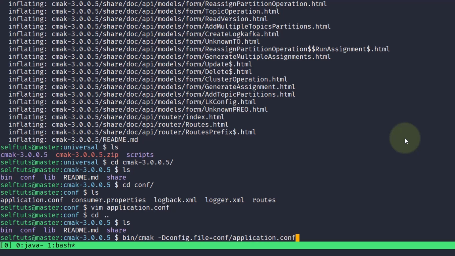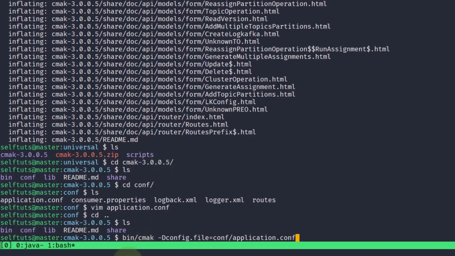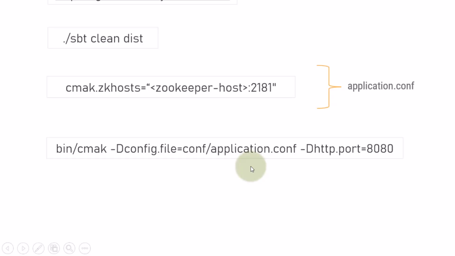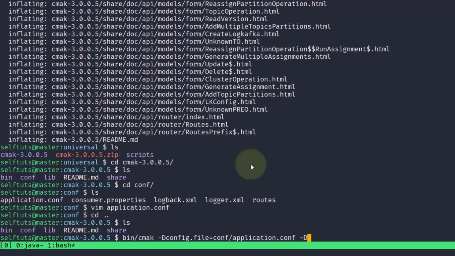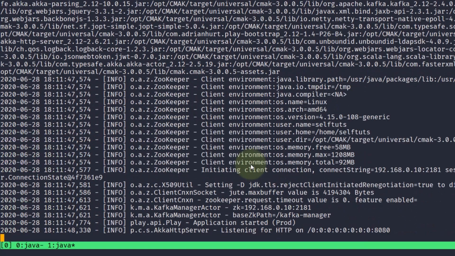This is the application file which we have already seen. And then the port where you want to start, so it will be -Dhttp.port, and the port number I'm giving here is 8080. You can give any port you want, it's up to you. So I'll start it, and then it will take some time to start the Kafka manager server.